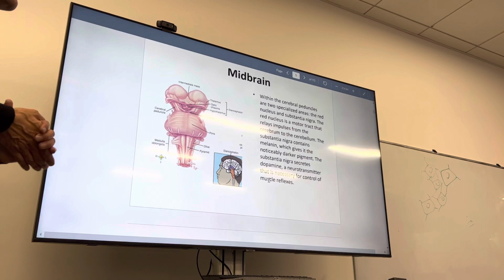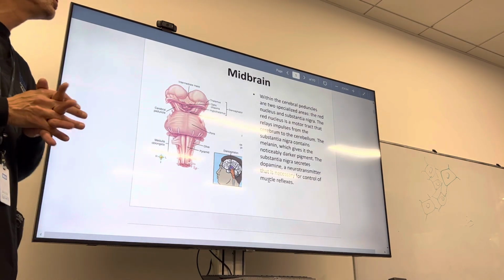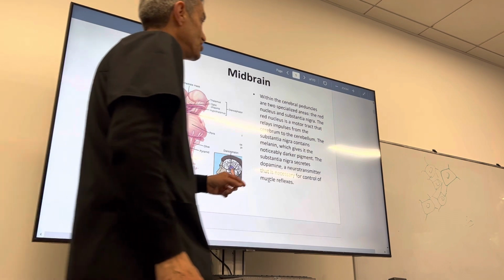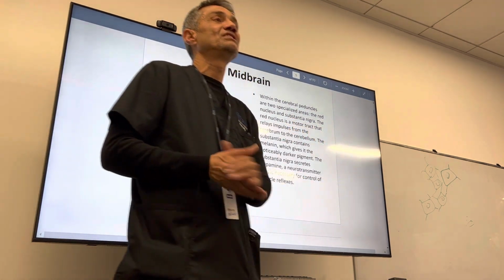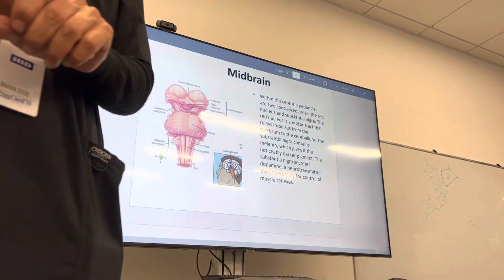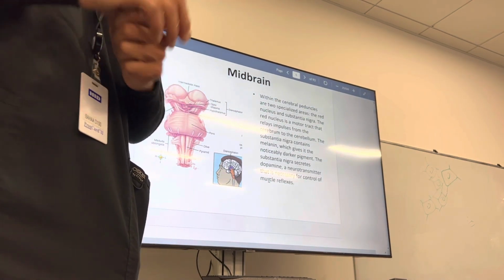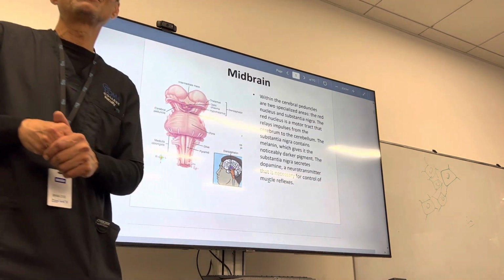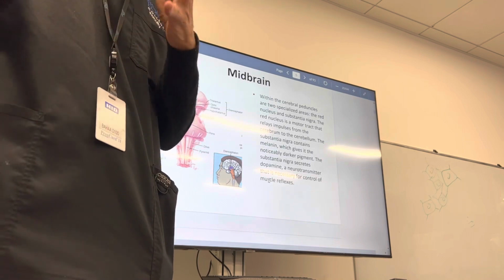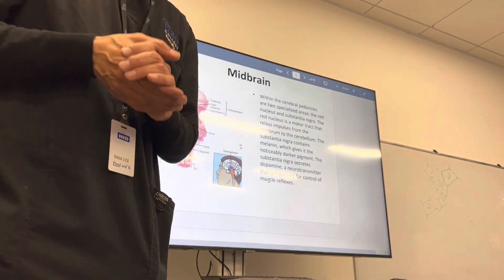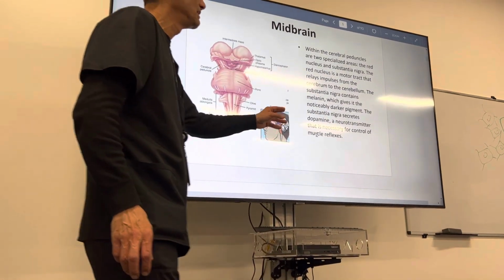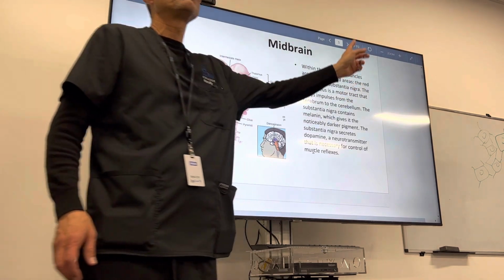Within the cerebral peduncle of the midbrain, we have two specialized nuclei structures. We call them substantia nigra and red nucleus. Why do they call it substantia nigra? Because it looks dark imaging-wise. Why do they call it red nucleus? Because it looks a little bit pinkish. So basically you can distinguish between those two imaging-wise just based on the color. What is the function of those? The substantia nigra is responsible for